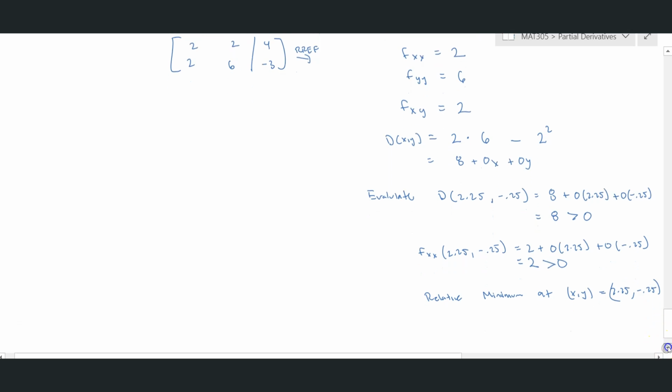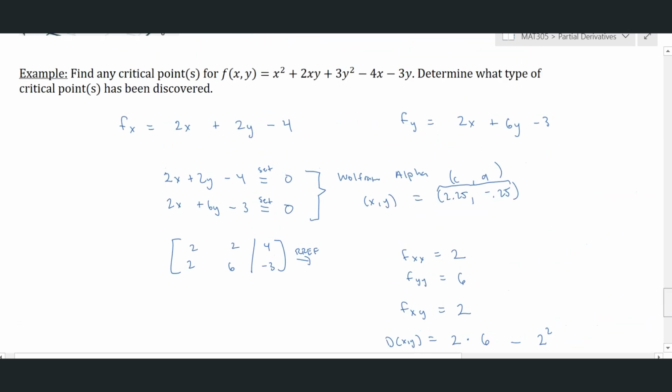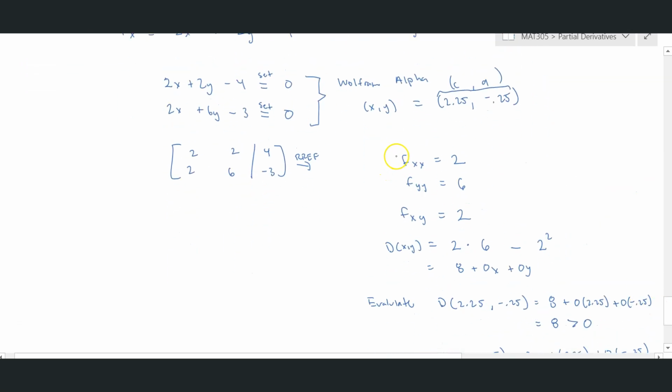Now, if you wanted to know what the z value is, the z value at that point would be f evaluated at 2.25, negative 0.25. And whatever you get there, that would be the z value, and you could list that point as an ordered triple. And that's pretty much all there is. If you had multiple critical points, you wouldn't have to recompute this stuff at all. You would just have to come down here to your D-test and plug in your other ordered pairs. Like I said, it's not always going to be a constant like it is